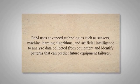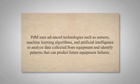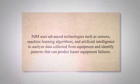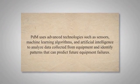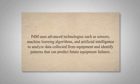PDM uses advanced technologies such as sensors, machine learning algorithms, and artificial intelligence to analyze data collected from equipment and identify patterns that can predict future equipment failures. Predictive maintenance enables maintenance teams to schedule maintenance and repairs before a failure occurs, reducing unplanned downtime and improving equipment